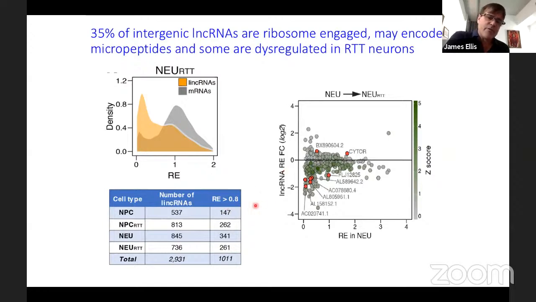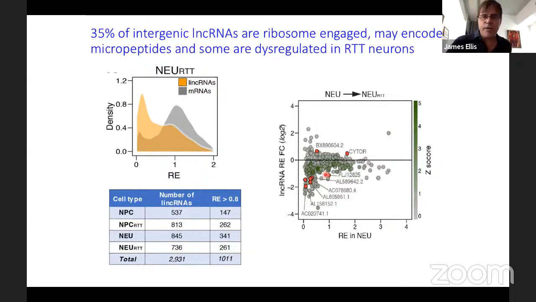And then it's been reported over the last couple of years that long non-coding RNAs often do encode micropeptides, and some of these micropeptides have been well described, especially in the heart context. And what we are doing here is looking at wild-type neurons compared to Rett syndrome neurons of long non-coding RNAs that we see engaged with the ribosomes. And you can see that a number of them are actually dysregulated in Rett syndrome. And these ones in red are the most significant ones where micropeptides have actually been discovered in other systems. So we're very curious about the potential role of these long non-coding RNA encoded micropeptides and